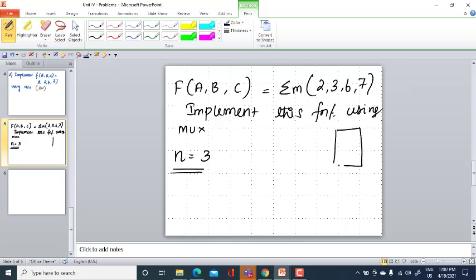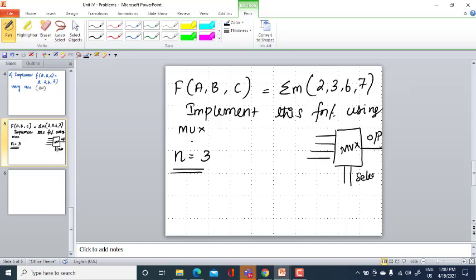In a multiplexer, many input lines will be connected to a single output line. You have a select line also. This is your mux. So let us determine how many select lines we can have and how many input lines we can have. Okay.